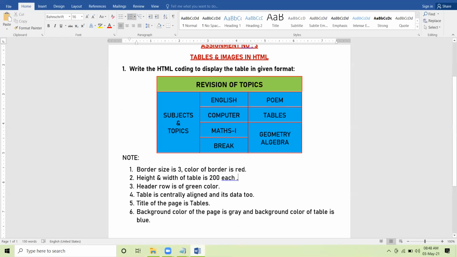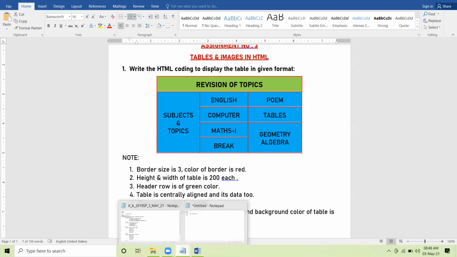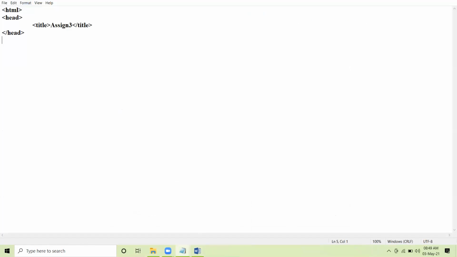All right. So let us read the instructions. Background color of the page is gray and background color of table is blue. Body BG color equal to gray.